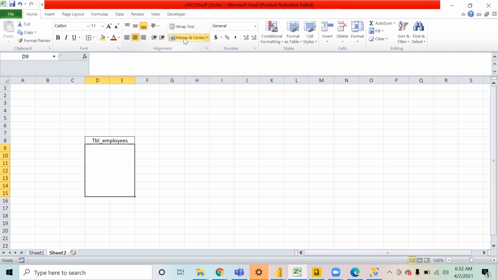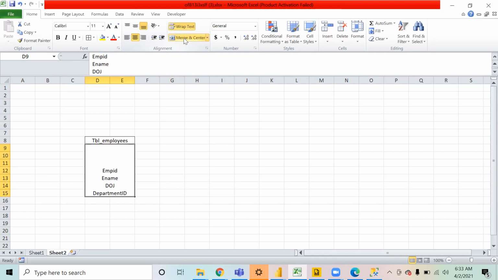In this, we will keep employee ID, employee name, his date of joining, and his department ID. This is the information that we are going to keep.